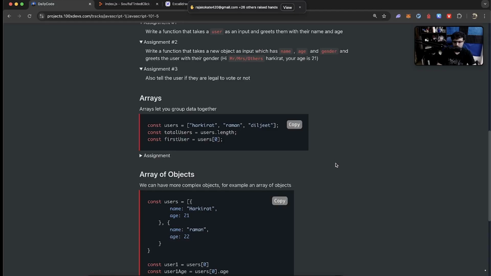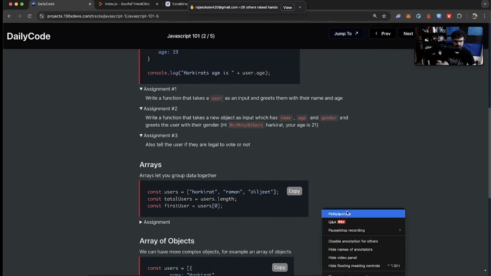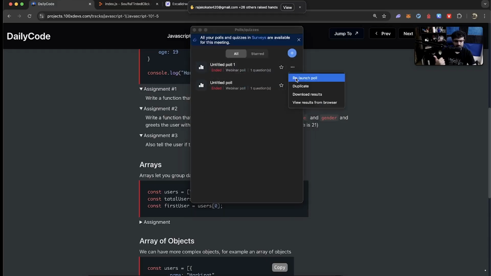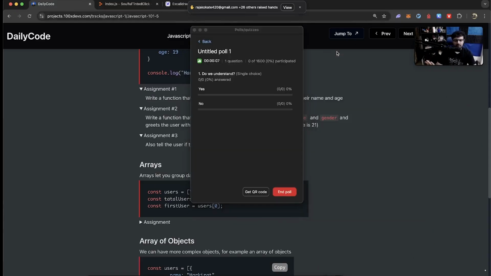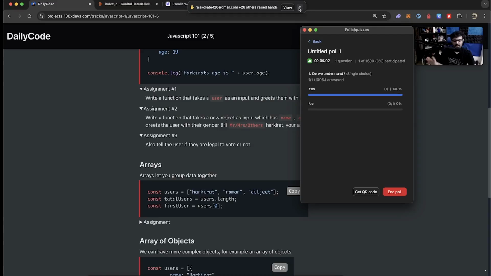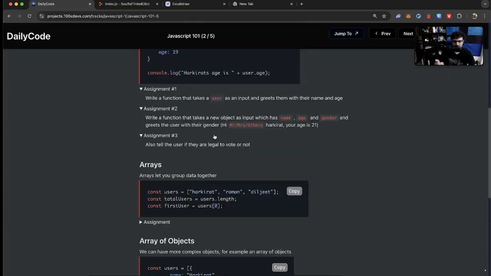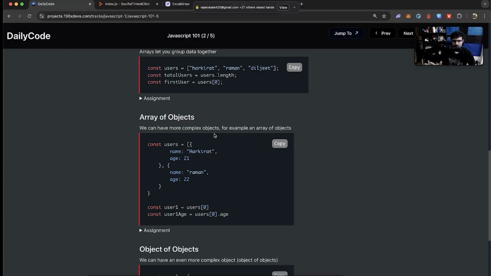Cool. Were we able to do the assignment? Do we understand objects? Can we move to some more complex objects and then call it a day today? What we're going to learn next might be a little jarring for beginners, so practice this a lot in the next week. Do we understand objects? We do understand objects. Great. 92% is great. If you're in the 8%, just ignore the next section for now. Watch the offline video again, code this, and then come to it.